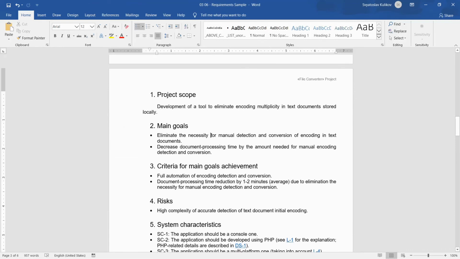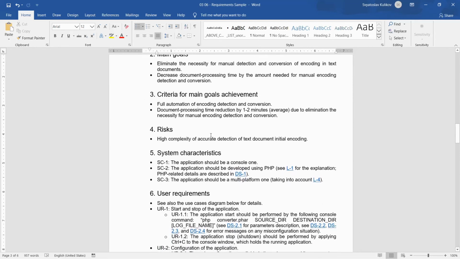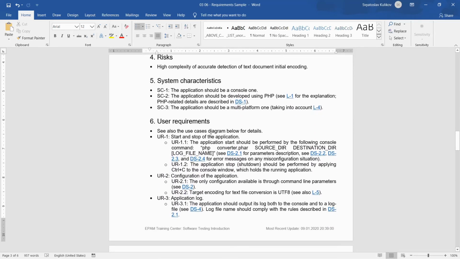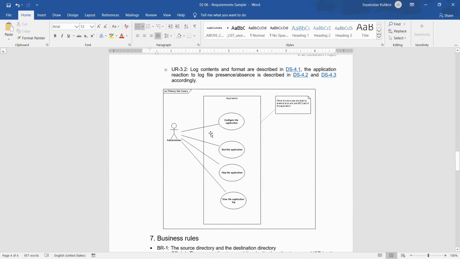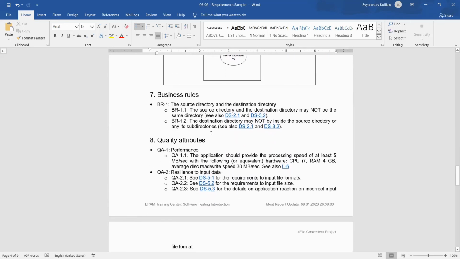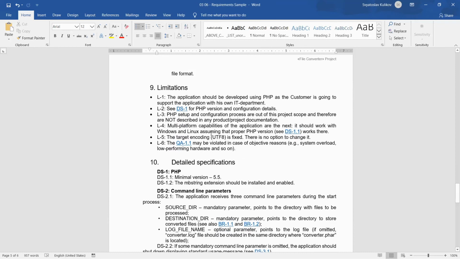So if for some reason you do not have this document, you may pause the video and read the text here. As you can see, even for such imaginary and little project, we have 6 full pages of text here. So, of course, there may be much bigger projects requirements in real life.